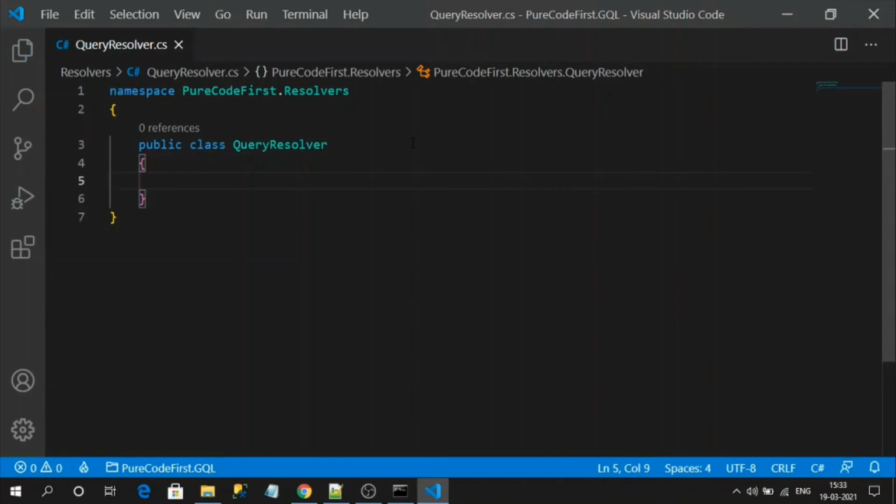And I will create one simple resolver method, public, returning the gadgets object, the table object I have just created. I will name it FirstGadget.